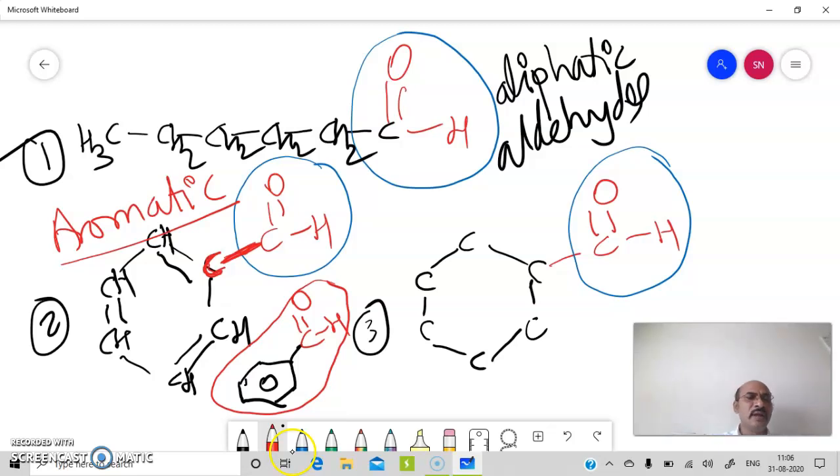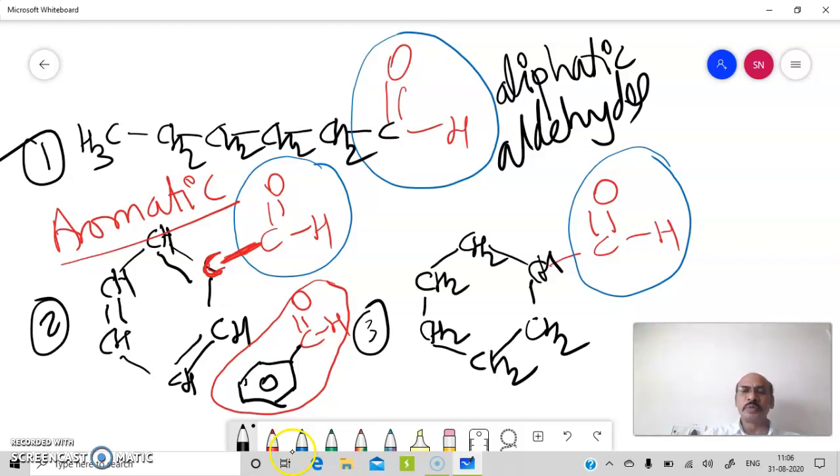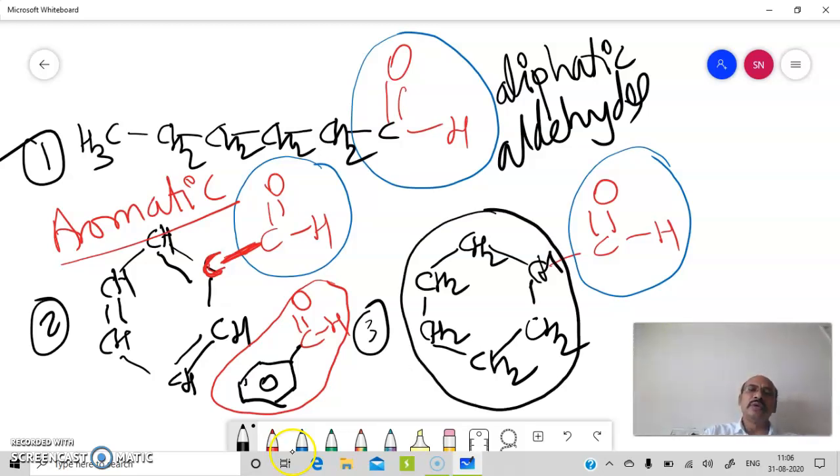Okay. So here come to the third type. In the third type, here I have drawn a structure having 6 carbons, but I am writing no alternate double bonds here. CH2, CH2 and CH2. So it is carbon single bond carbon, like hydrocarbons. But here there is no double bond, no aromatic character. So here it is a cyclic structure, but shows properties of aliphatic hydrocarbons. This particular part is called alicyclic.